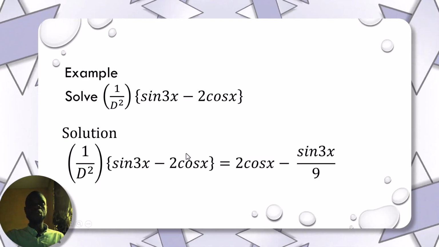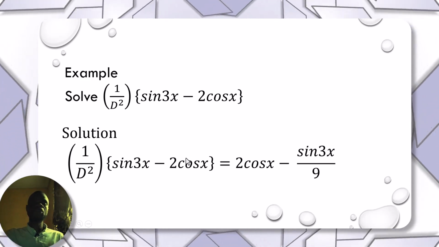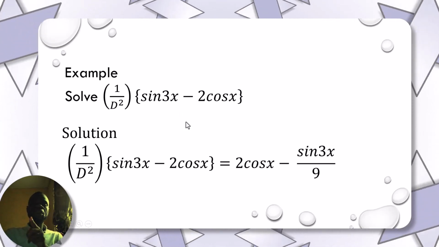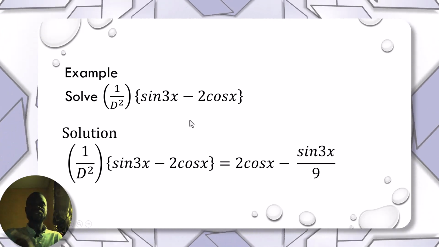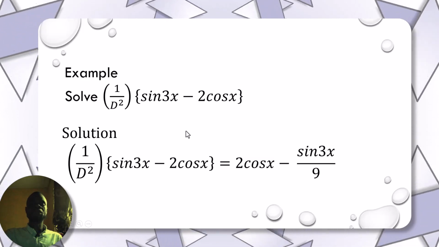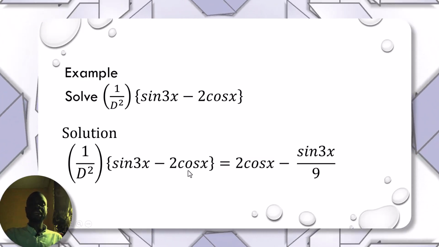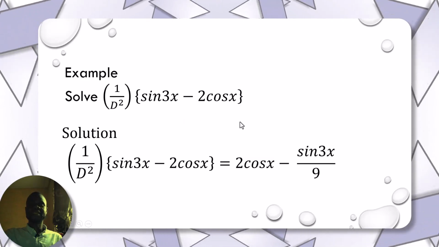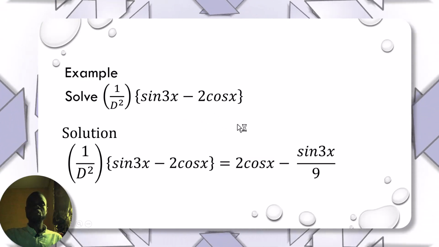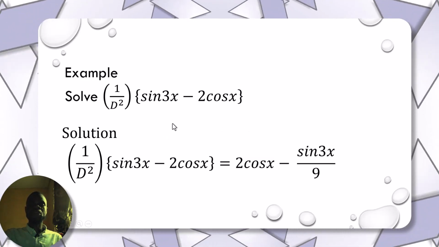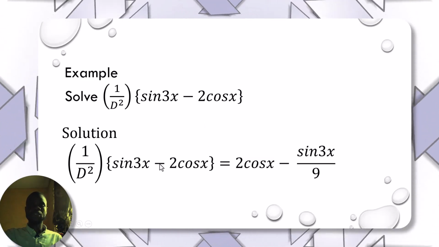don't forget, when you are differentiating cos, it will give you a minus sign, right? But now when you are integrating cos, it will give you a plus sign, right? So if I integrate this, it will give me 2 sine x, and I have minus, so I will have minus